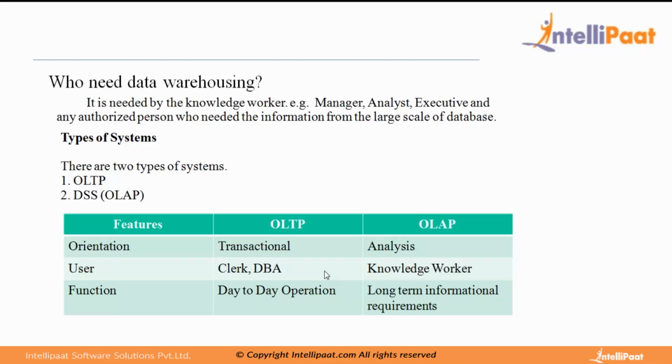Two types of systems we'll talk about, the OLTP system and the OLAP system. OLTP is online transaction processing. That is your relational database, your transactional database where you're doing the business. OLAP is analytical processing, where you're using it for analysis. Simple. Obviously, OLAP will be bigger in size. It will be in TBs because it's going to store historical data throughout the organization, and that too will be growing day by day. So you need more size there.